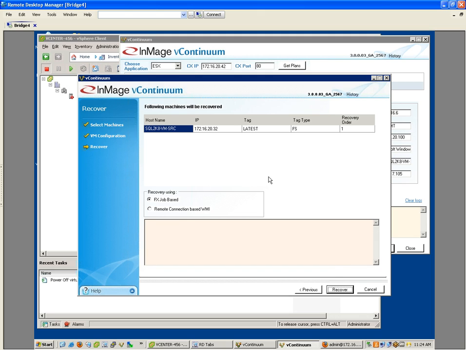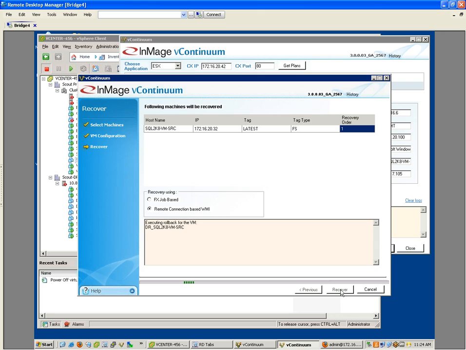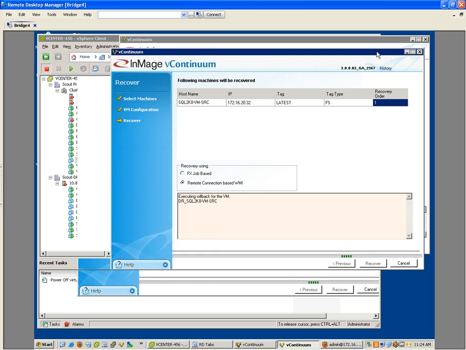And finally, we go into our recovery scenario. If I had selected multiple machines, they would be listed out here, and I could then modify the recovery order as needed. Because I only have one machine and I don't care about recovery order, I'm going to choose a WMI recovery, which is essentially a broadcast to recover that data as quickly as possible. This process takes about 3 minutes to go through in the lab, a little over 3 minutes.